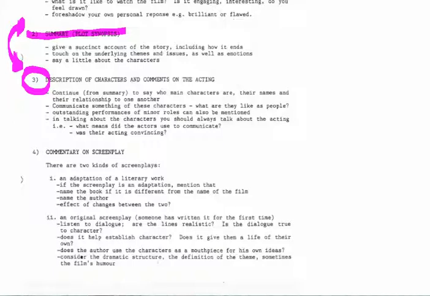Very brief. Now, describing our characters and commenting on the action can be paired up with that summary to turn it into a stronger, chunkier paragraph. This is not necessarily a checklist saying that a good review has 9 paragraphs. You've got to work out where you can match these together, and this is one you can do.